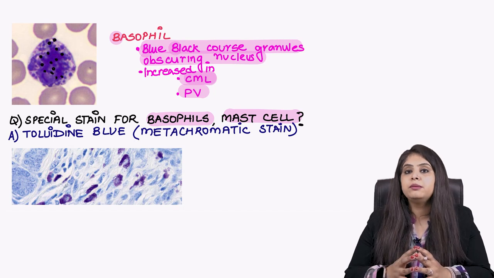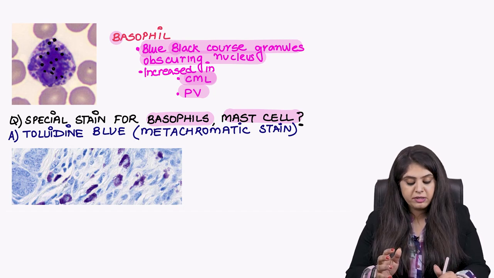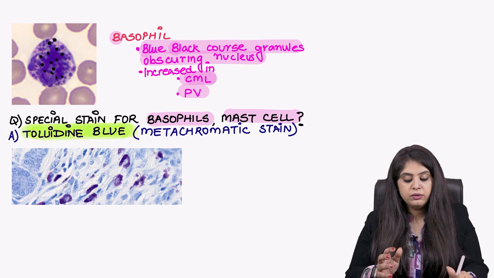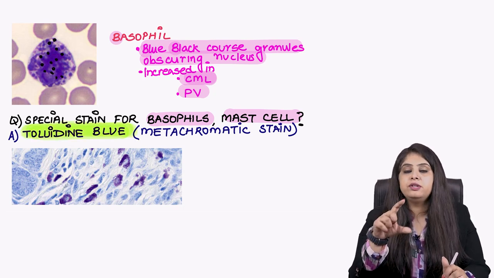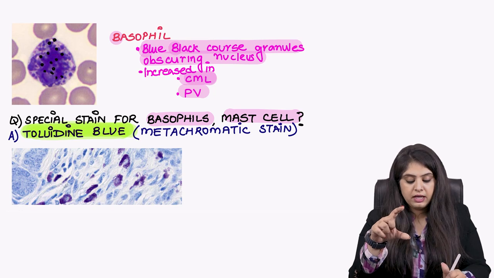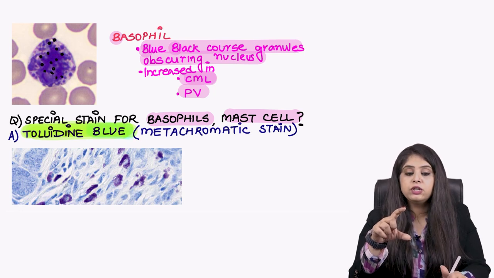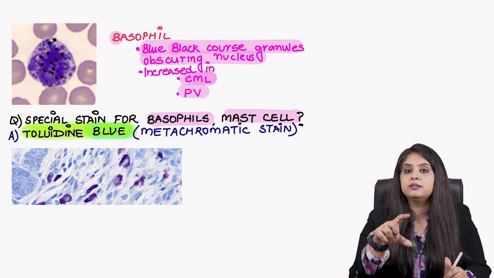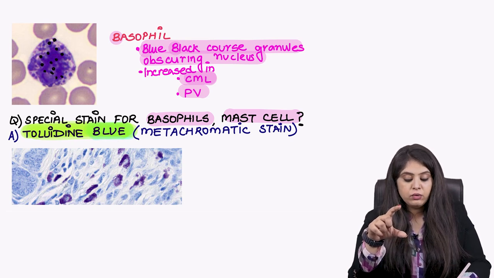So everything about them looks similar. For both of them, there is a special stain called toluidine blue. If I give you a bottle of toluidine blue solution, what do you think will be the color of the solution? Ma'am, what a dumb question. Toluidine blue will look blue in color. I expected that when I look at it under the microscope also, it will look blue in color, but